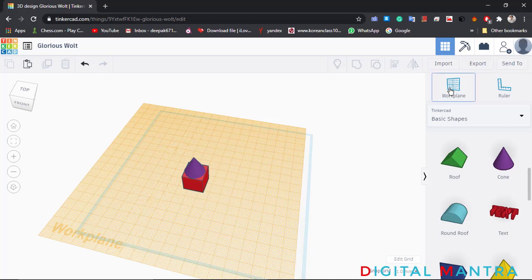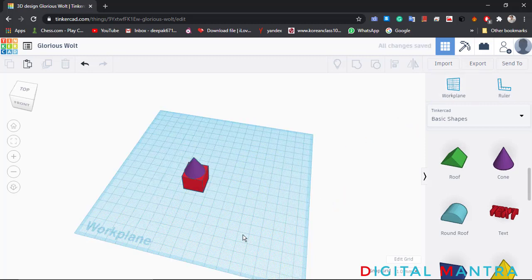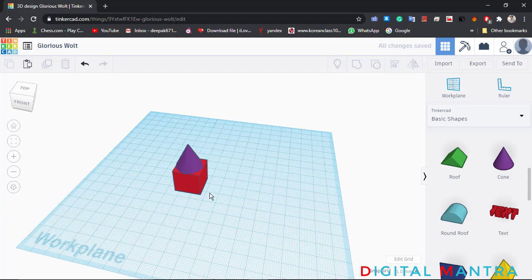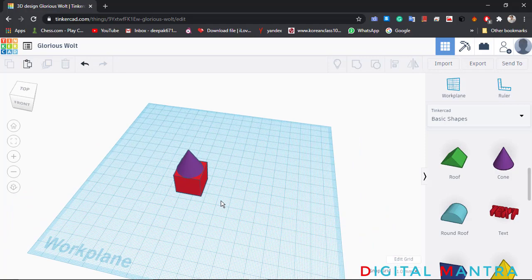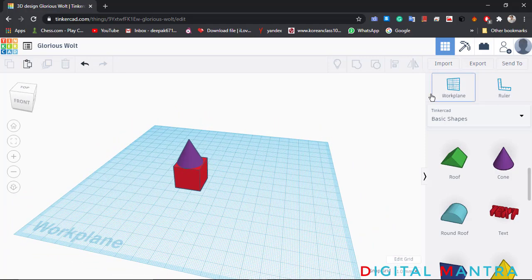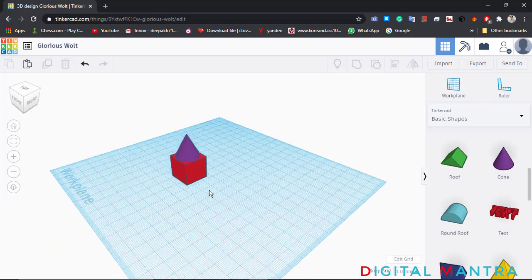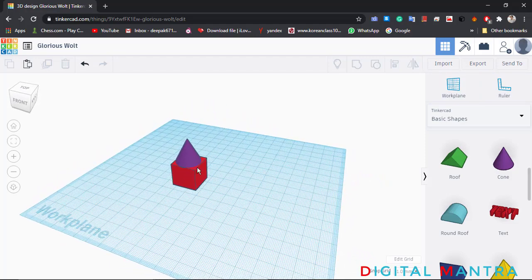Click on work plane and then click on the downside. You will find this type of structure. Here you can see you don't need to find the height of the cube to give the dimension to this cone to lift it from the work plane. You just select the work plane as the top plane, then drag the cone and place it on the top of this box. In this type of structure, the work plane is handy to get it done efficiently and in no time.